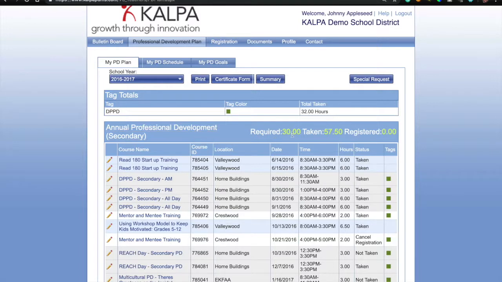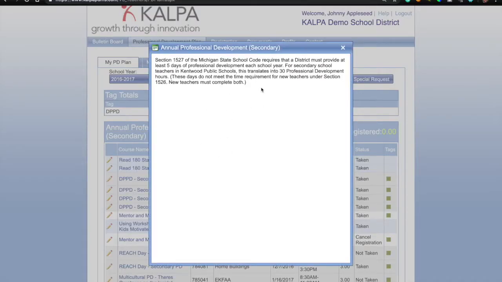So in this particular case, Johnny Appleseed has an annual professional development requirement. He's required to get 30 hours of professional development. He's already taken 57.5 hours of PD, which, by the way, is very common. A lot of teachers get way more PD than they are required to get when you're tracking it correctly. You'll see that. And you can click on the name of the requirement to see more detail about a particular